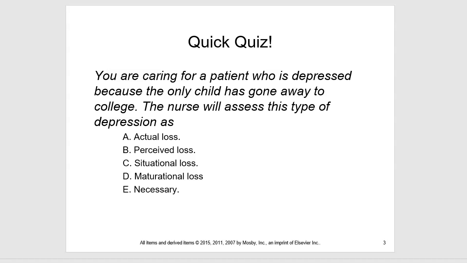And again, this type of loss could be something that is an object. It could be a person. It could be time. An actual loss occurs when a person can no longer feel, hear, or know a person or object. So this would be a death of a person, loss of a limb, death of a pet or a friend, or even loss of a job. So when the object of the loss is no longer available, that is an actual loss.